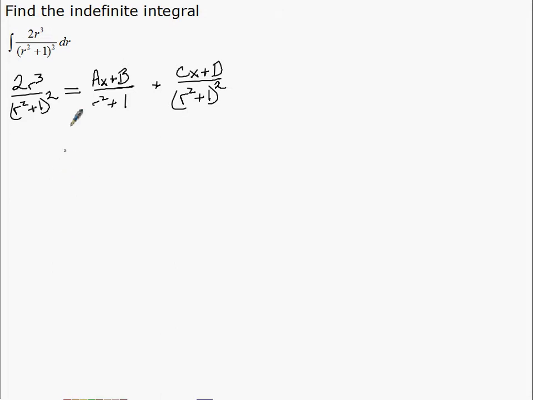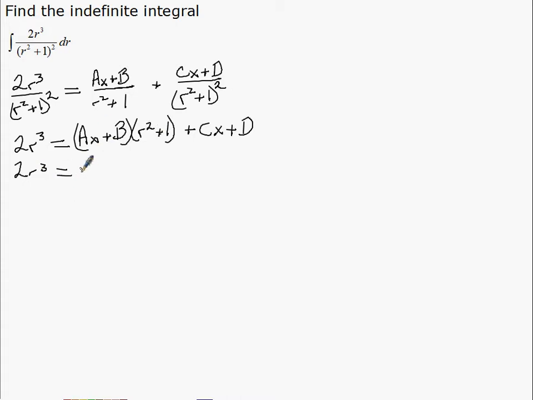As with all the partial fractions ones that we've done, we're going to multiply the entire thing by the denominator now. Well, that's going to give us 2r cubed equal to ar plus b multiplied by r squared plus 1 plus, when we multiply this by the denominator, the entire denominator cancels and we're just left with the numerator, which is cr plus d. Expanding